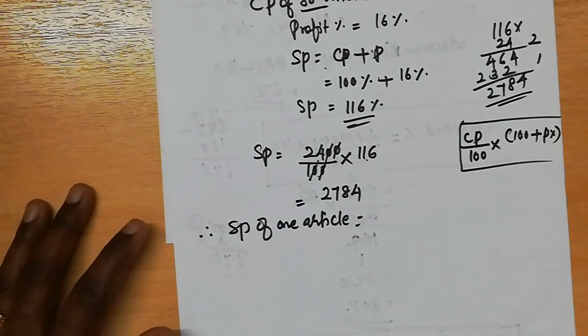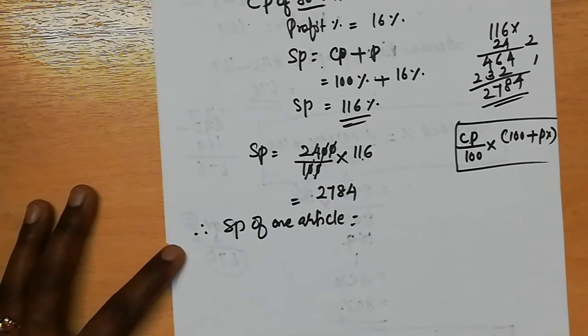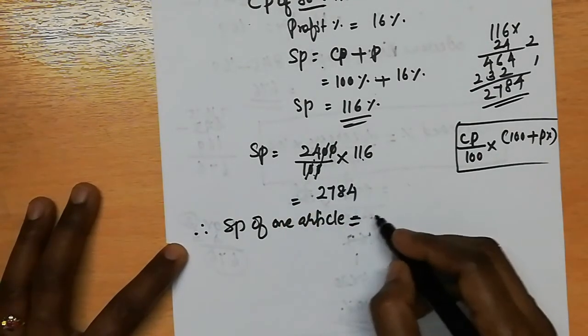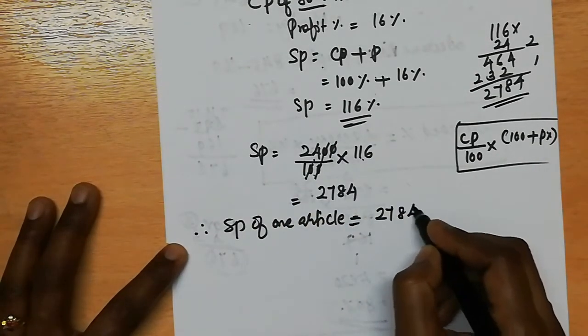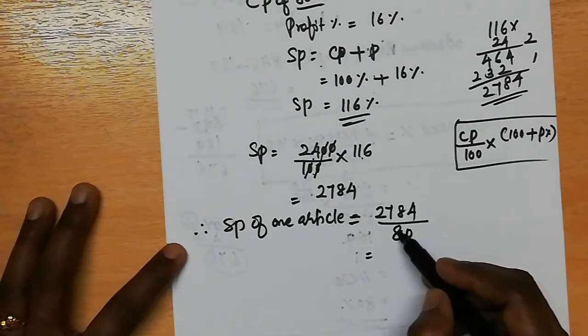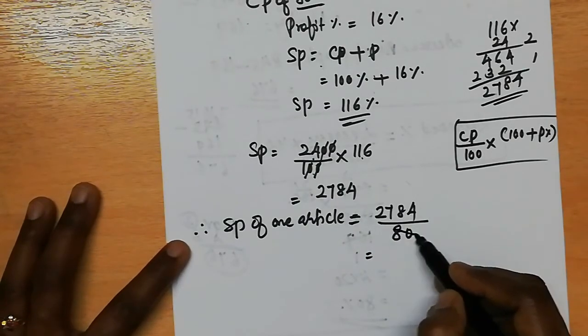As the total is given, we have to find only one. What will we do? We should divide. What is the total selling price? That is 2784 divided by the number of articles, that is 80. Okay, clear? Now we can find this. Here we can cancel with the 2 table. Here 2